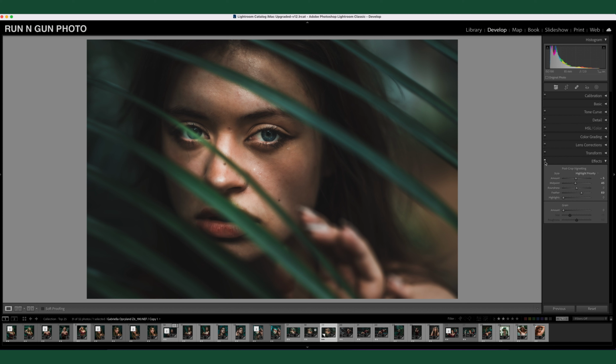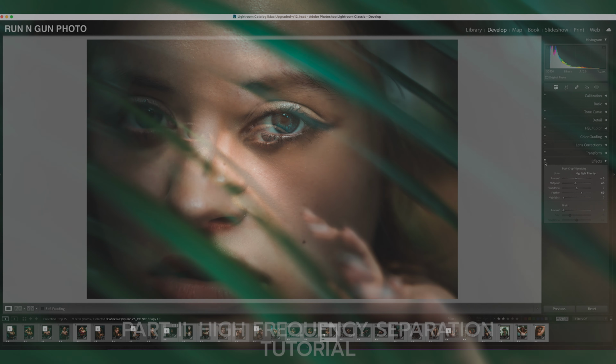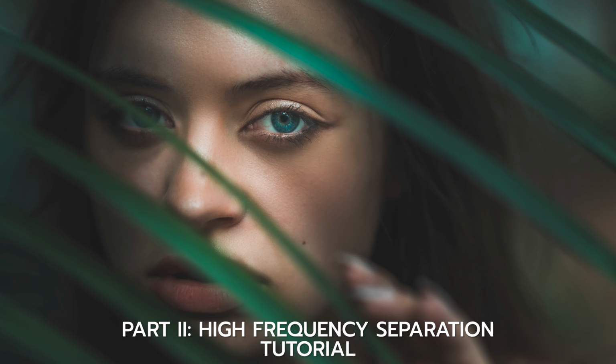Now, to finish up this image before I go and publish it and put it in my portfolio, I am going to do a little high frequency separation, and I will cover that in a future tutorial, so keep an